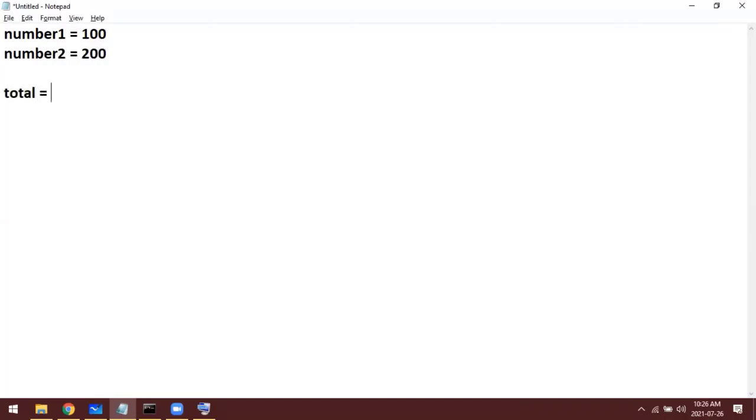Total equal number 1 plus number 2. Now print "total is", total. Within quotation it is a string. This total is the variable. So let's run this and see what the output will be, right?